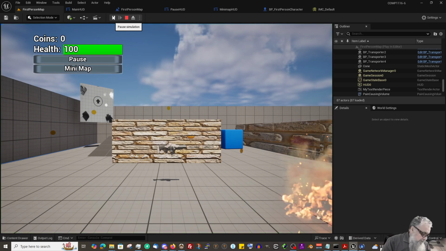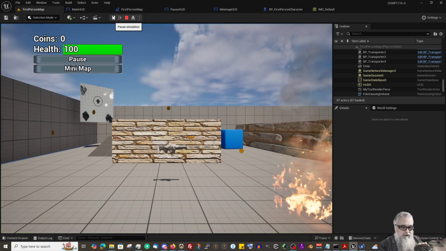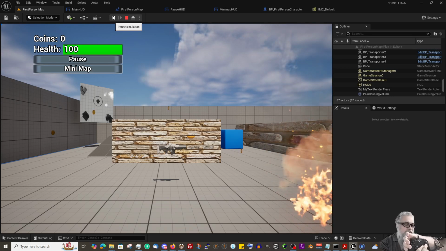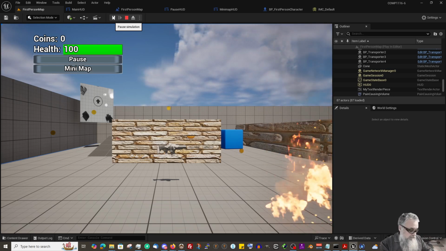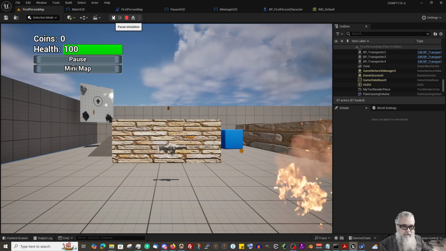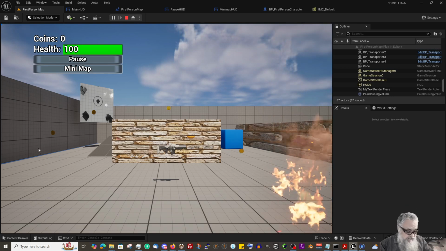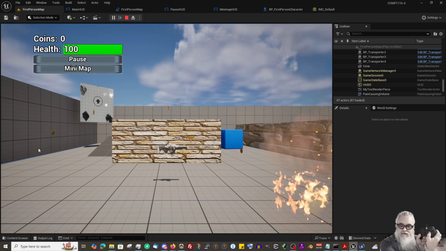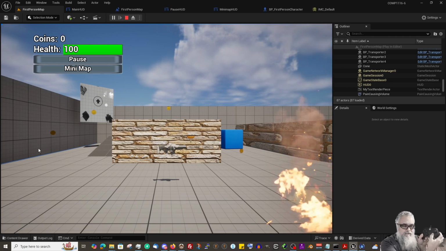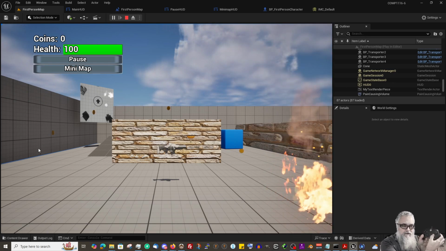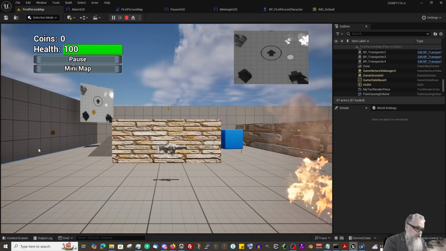Here, if I grab the controller and hit the minimap up, click on the game to start playing the game, and so now I've got this coming and going. So now I've got to make a change,